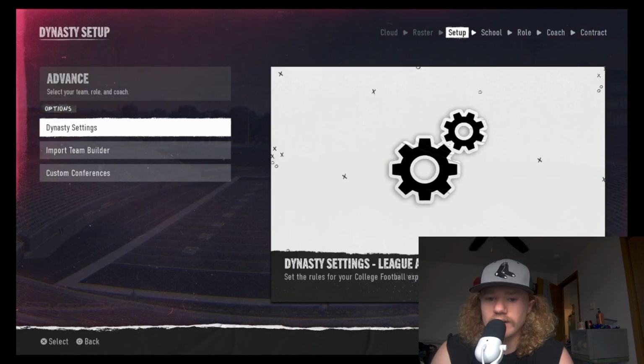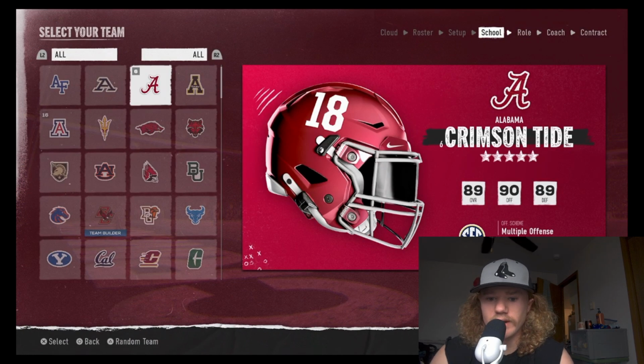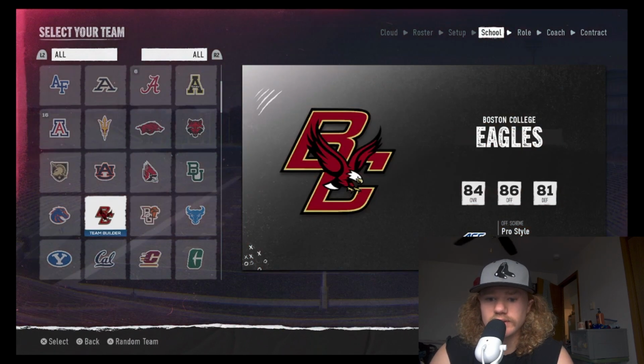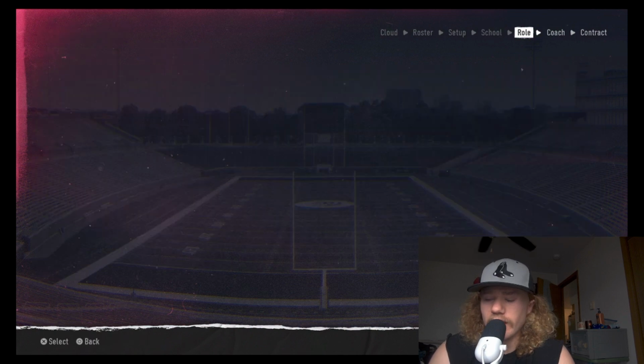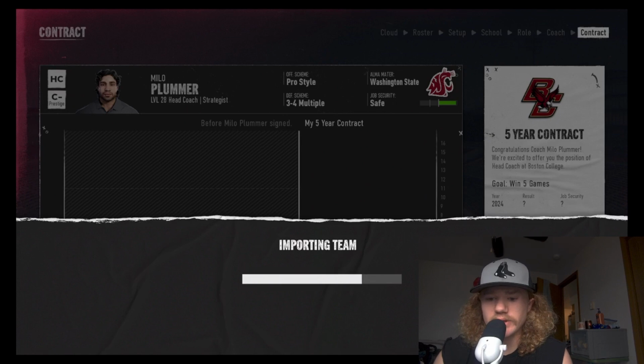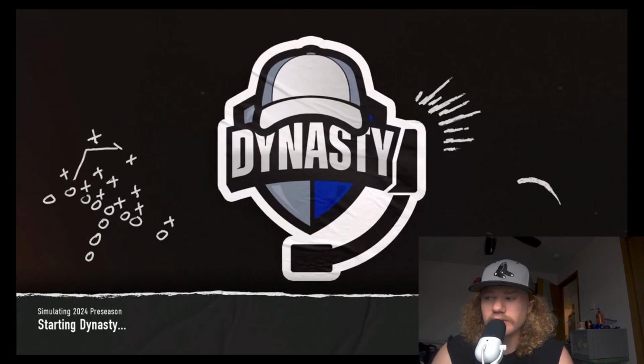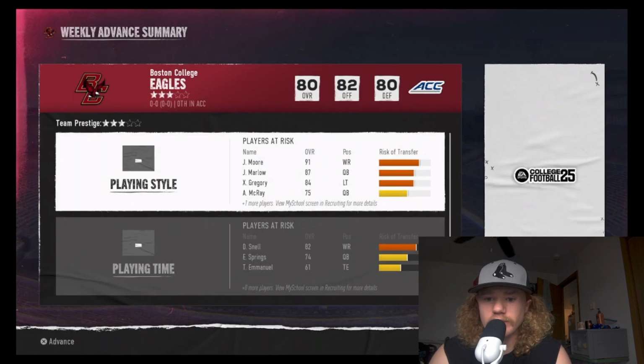You can set up your dynasty however you want, and then you'll just press advance. Once you press advance, you'll just go down to your team that you want, select that. You can be the head coach, whatever you'd like to do, and then you'll just go ahead and move into your dynasty. So when you're actually importing your team, just be patient. It might take a little bit to start that thing up, especially importing the jerseys and the players